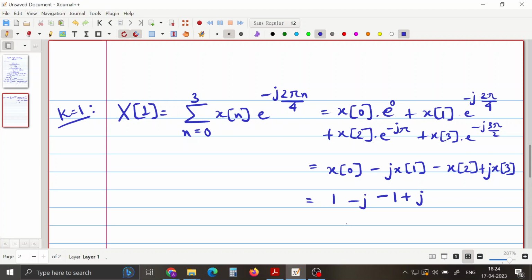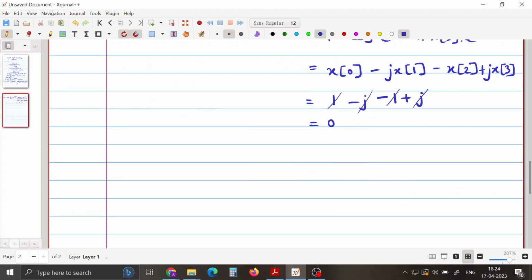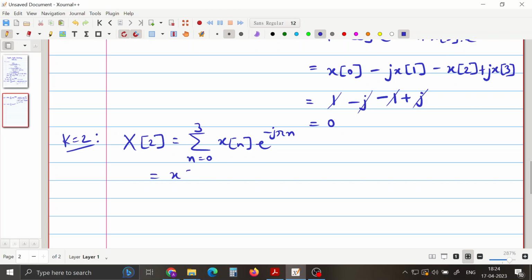Okay, so they just cancel out. This is 0, the second coefficient is 0. Now let's go to k equals 2. You just do it similarly. If you substitute k equals 2, you will get e power minus j pi n, and again if you expand it,